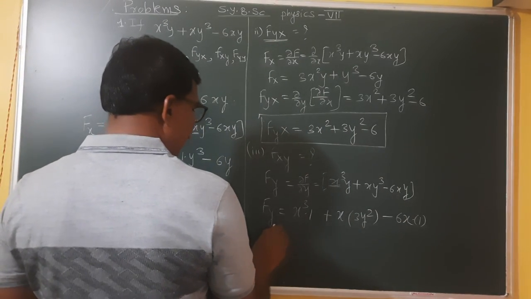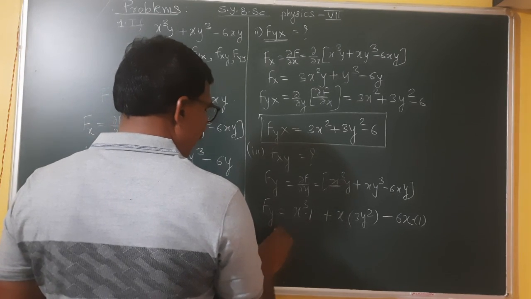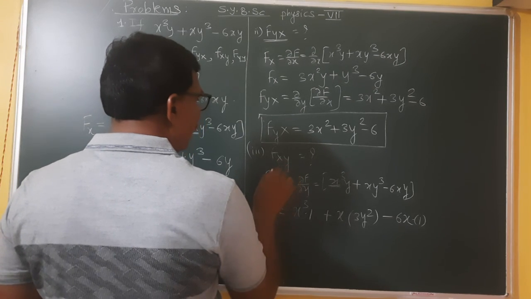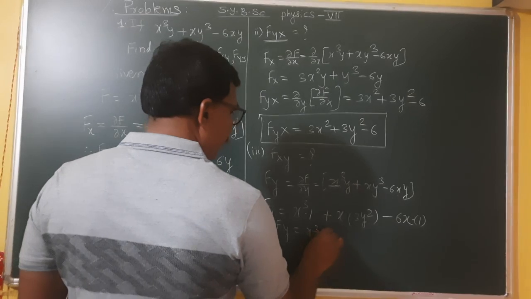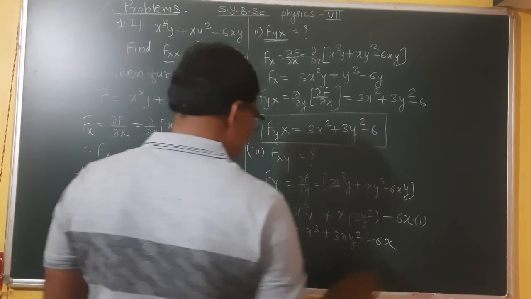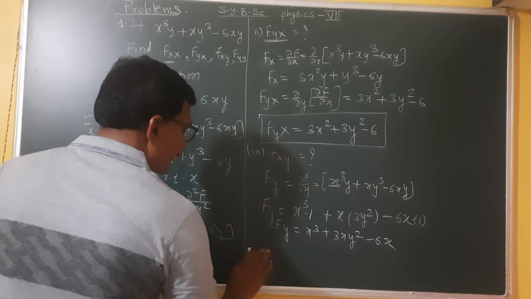And finally we get Fy is equal to x cube plus 3xy square minus 6x, and we have to find